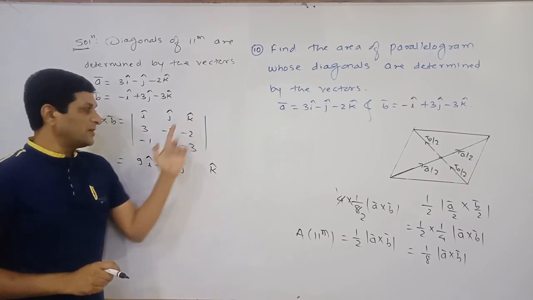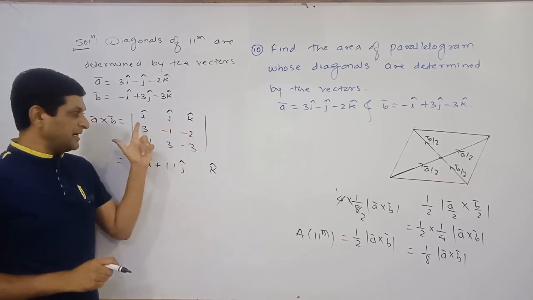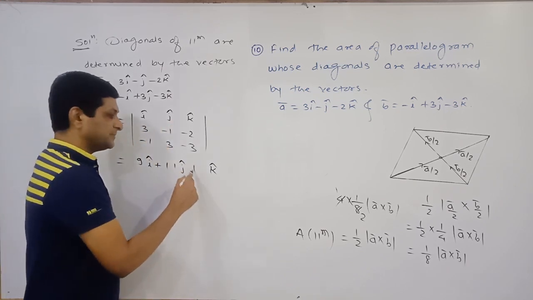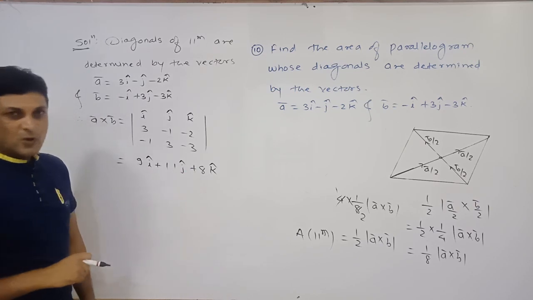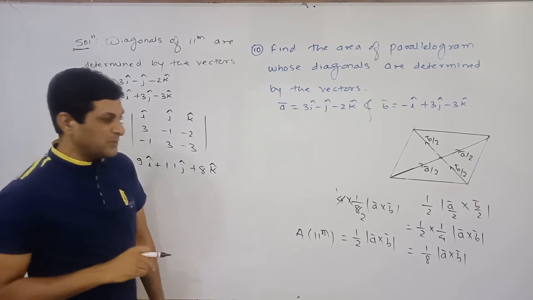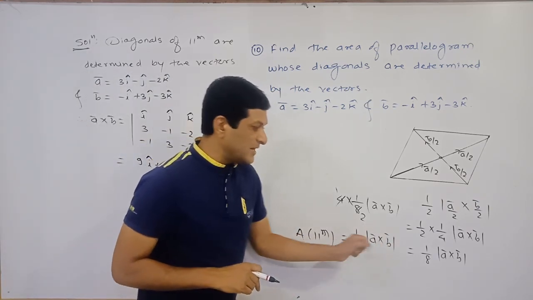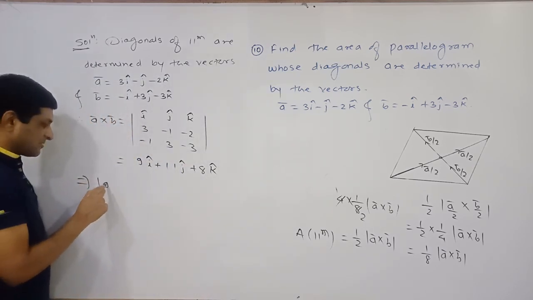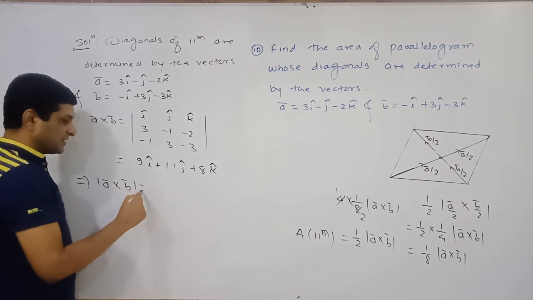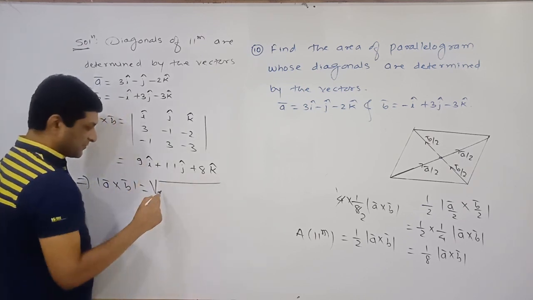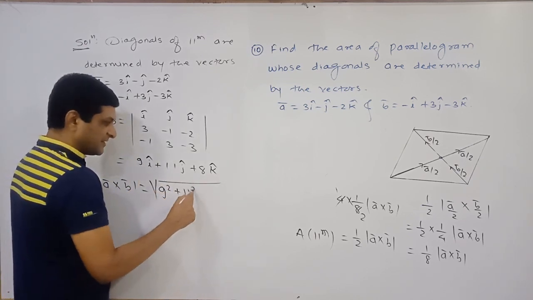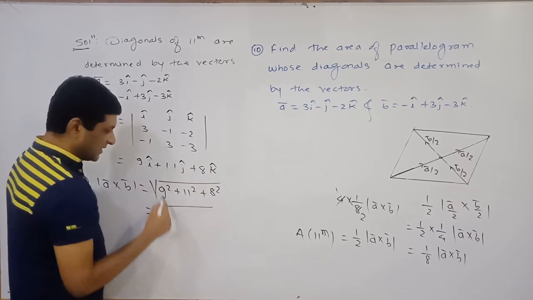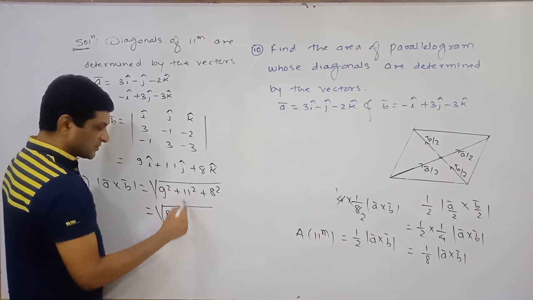Lastly, let us find the coefficient of k cap. Now delete this column, and find the determinant of these four elements. So this product is 9. 9 minus 1 will be equal to 8. So in this way we have got the value of the cross product of A bar and B bar, but we require the magnitude of A bar cross B bar. So find the magnitude. This implies that the magnitude of A bar cross B bar is equal to the square root of 9 square plus 11 square plus 8 square, which is equal to the square root of 81 plus